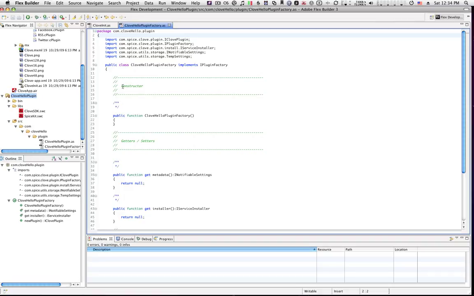In our previous tutorial, I showed you how to develop your first Clove plugin. Basically what it did was create a prompt that said, hello Clove. So in this tutorial, I'm going to show you how to create an installer for that plugin. An installer is needed for every plugin, since each plugin may be included in an installation